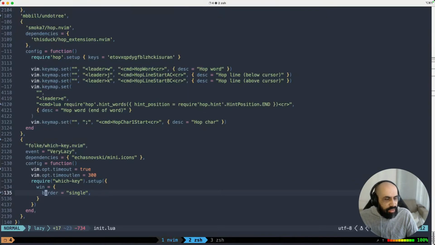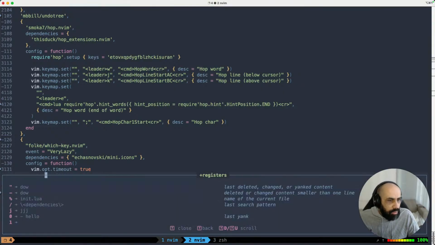So let's come back. And now if I press double quote, I will see the registers. And so this functionality is being provided by which key. And because I deleted the "dow" from "window", that has now been copied into one or more of these registers. And this is also nice because it defines what the registers are. Like this is your last yank, this is your last deleted thing, this is your last search pattern, which is